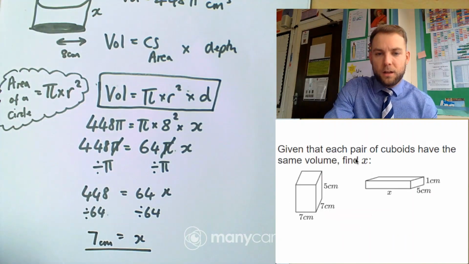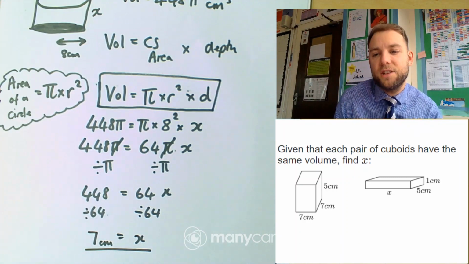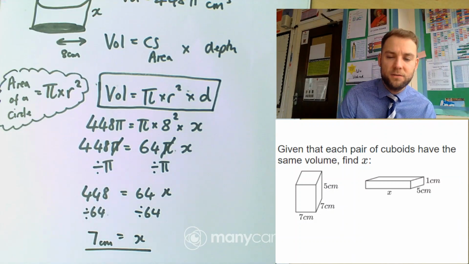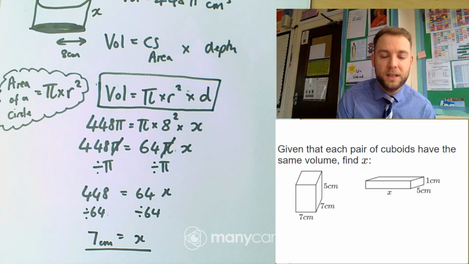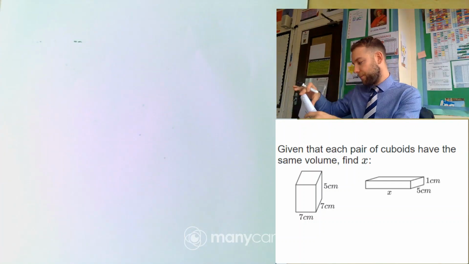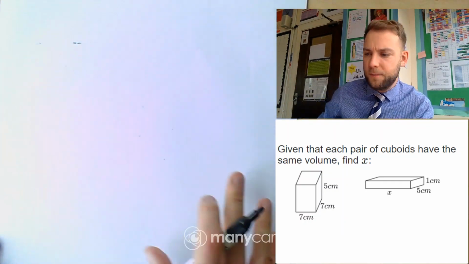Alright, let's have a go at one more question. So this is just an extension on what we've already done. We're using what we found yesterday, which is volume of a cuboid or volume of a prism. And then the second part of this is working backwards. So, with this one here,